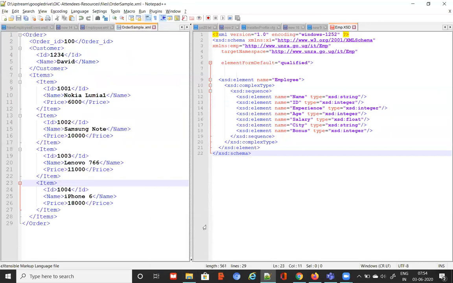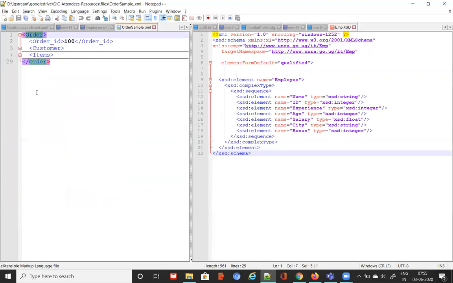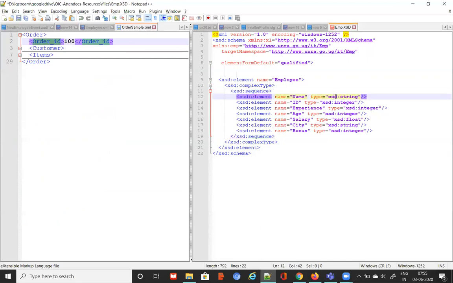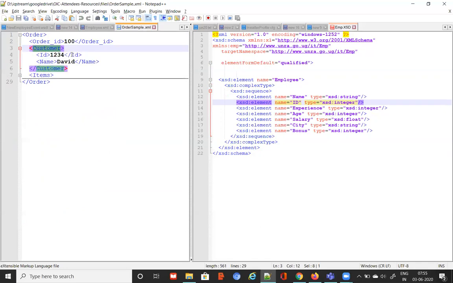We already opened this one, the Order XML. For this also we can create an XSD. But that XSD will look a little more complex for sure, because it has to say that the root element has to be order, which comprises 3 elements: order ID, customer, and items, like a complex type with a sequence of 3 elements. Then order ID is going to be of type, maybe, integer. Then customer is going to be again a complex type because it has sub elements, correct?